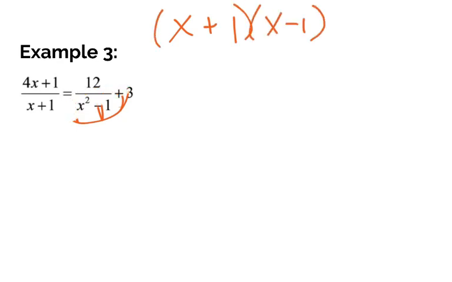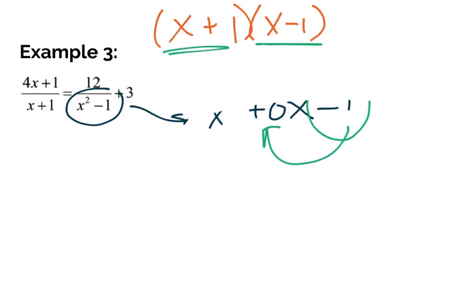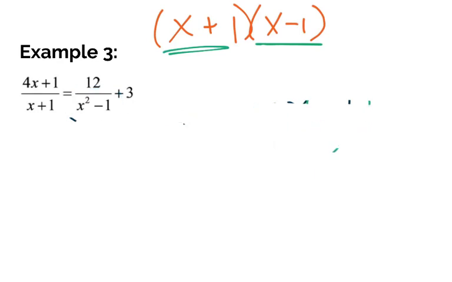The other way of looking at that, I know that a lot of you liked, is imagining this as x squared plus 0x minus 1. And you're thinking of factors of negative 1 that add to get you 0. Well, that would be negative 1 times 1. They multiply to be negative 1, but they add to be 0, which is why I'm choosing those as my factors. So if you think about that denominator actually being x plus 1 and x minus 1,